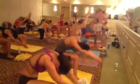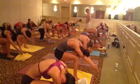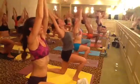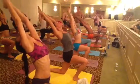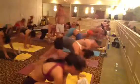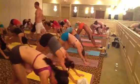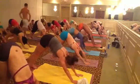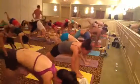Curl the spine. You can level the spine, inhale up, and exhale back. Scoop the tailbone, out to the ceiling. Inhale back to center, exhale both hands down and step back into downward facing dog. Breathe in, breathe out. Step your left foot forward in between your hands. Inhale and rise to